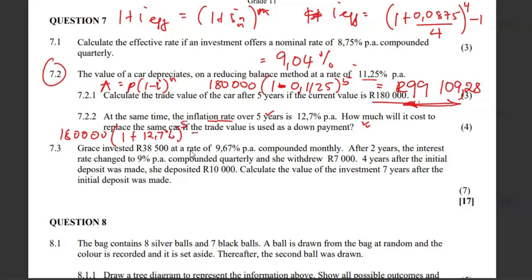So inflation is part of the compound interest. So 180,000 into 1 plus the 12.7%, or you can divide by 100, to the exponent of 5. And this gives me